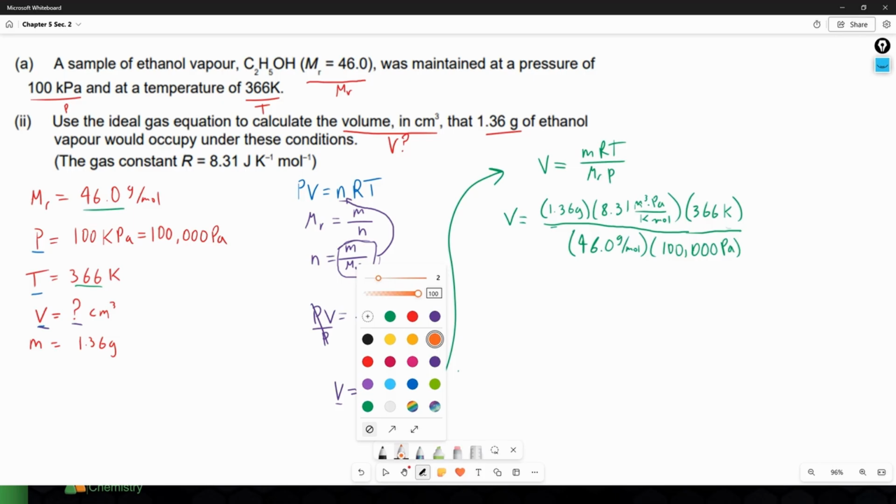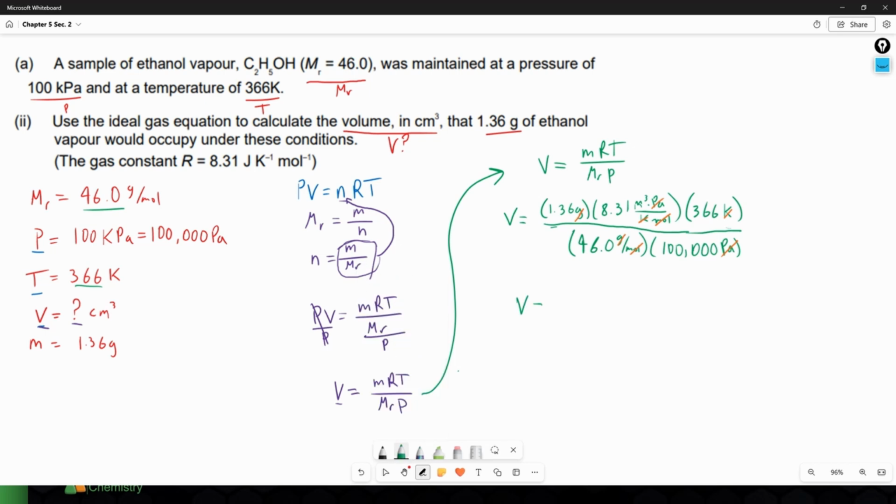And you can see here how these units start canceling each other out. We can see how the grams from the mass and the molar mass cancel out. The moles from the molar mass and the constant cancel out. The kelvins from the temperature and the constant cancel out. And then the pascals from the constant and the pressure cancel out. So that leaves us with our volume being equal to 1.36 times 8.31 times 366 divided by 46 times 100,000. And what we get from that is